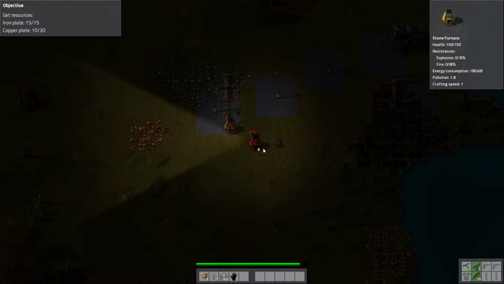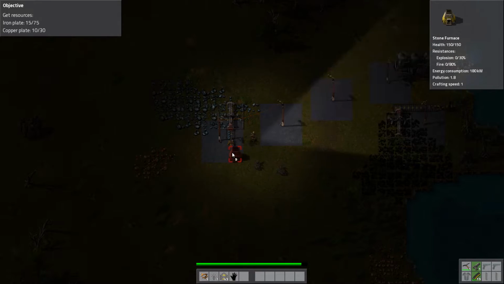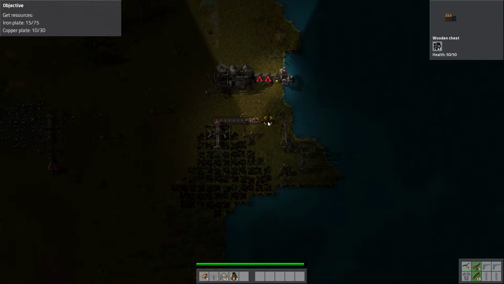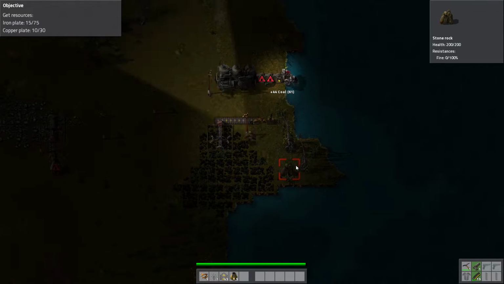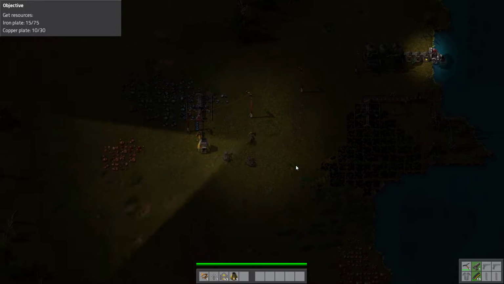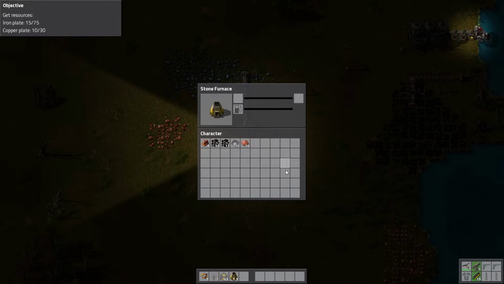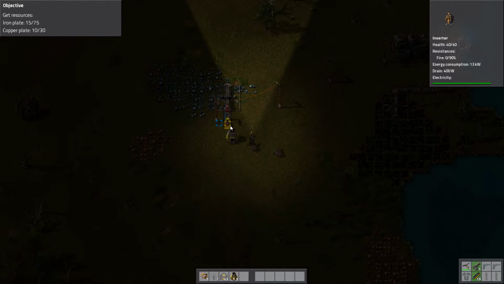Put that down right there. And we're going to need to supply that with coal, obviously. Let's go and get ourselves some coal. And this is a trick I got from the comments. Just left control and left click, so that will get you the items inside of a chest right away. Let's go and put... I guess we can put the full stack in there. There